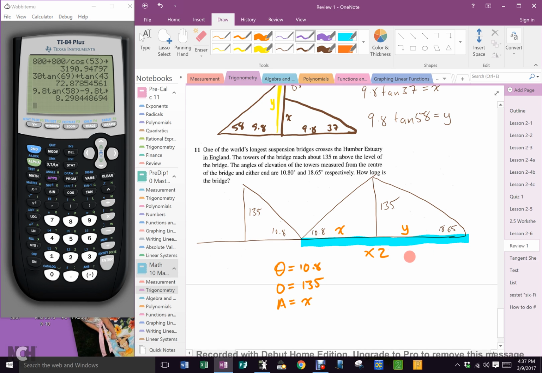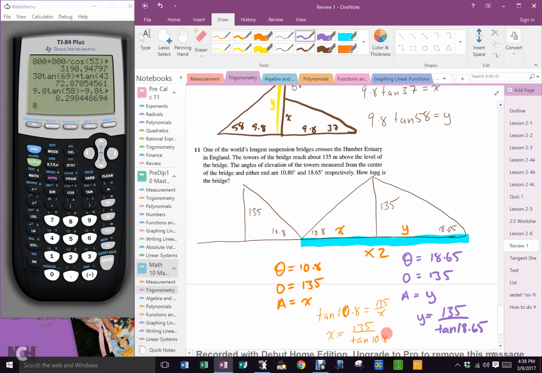Over here on the y side, I have theta of 18.65, and opposite of 135, and then adjacent of y. So the orange side is going to be opposite over adjacent. So tan 10.8 equals 135 over x. So x equals 135 over tan 10.8. And on the purple side, y must equal 135 over tan